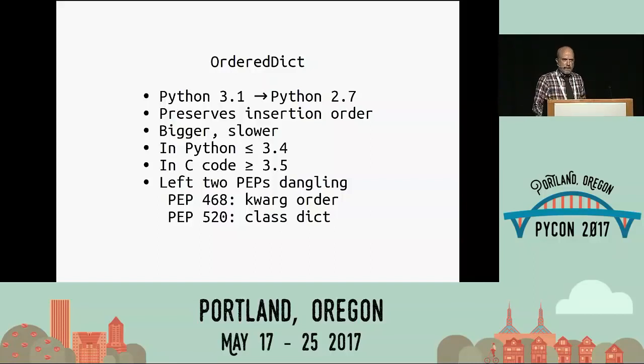But it never tempted us to close the two open PEPs involving the order of dictionaries. One PEP said, shouldn't keywords be delivered to the callee in the same order they were written? Shouldn't a class dictionary have a natural order? Those two PEPs each require some kind of high-performance ordered dictionary type, because you don't want to slow down keyword arguments.